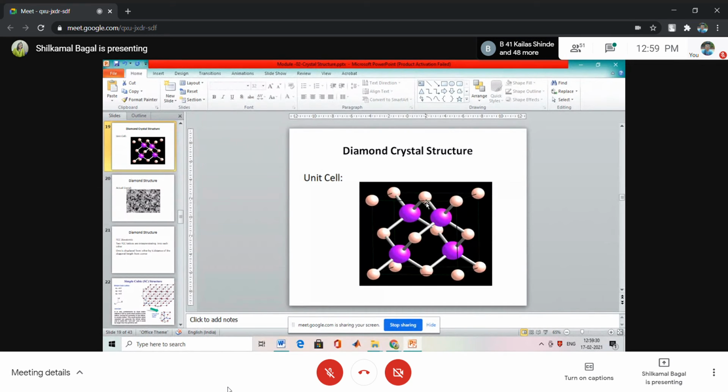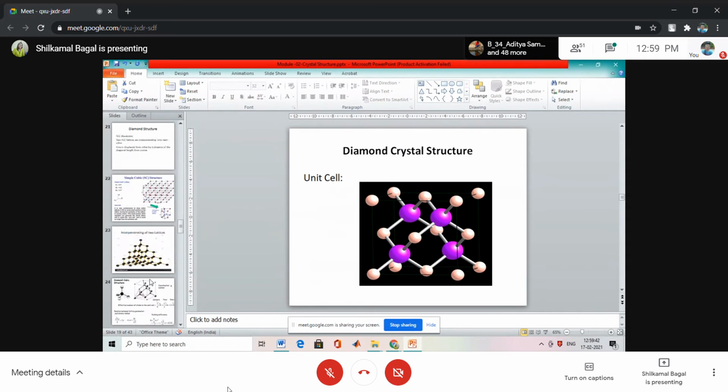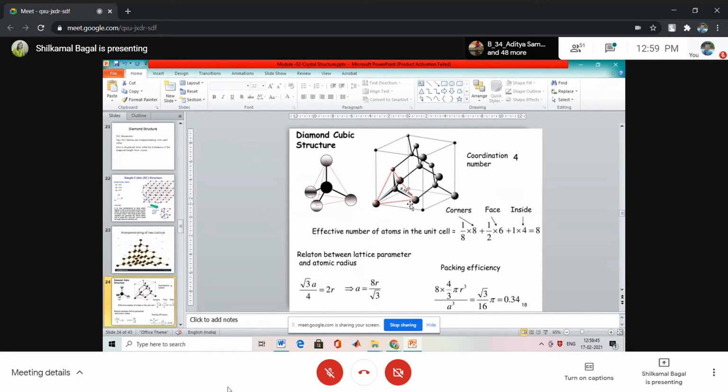These 4 atoms are of the other unit cell, but that came into the previous unit cell because these 2 neighboring unit cells are interpenetrating into each other. Okay. So similar to SCC, FCC and BCC, here also we have to study the parameters of diamond structure. In the first diagram here, you see the one atom and its bonding with another 4 atoms. Here that is taken from this part of the unit cell only.